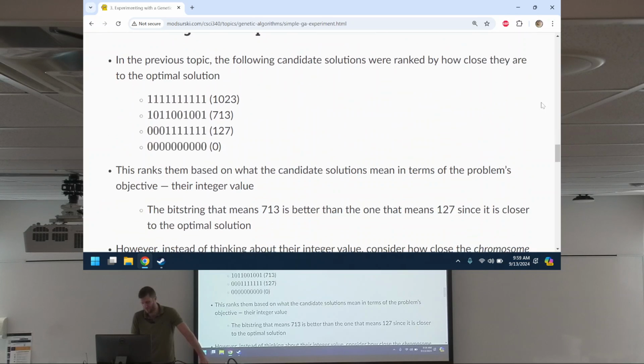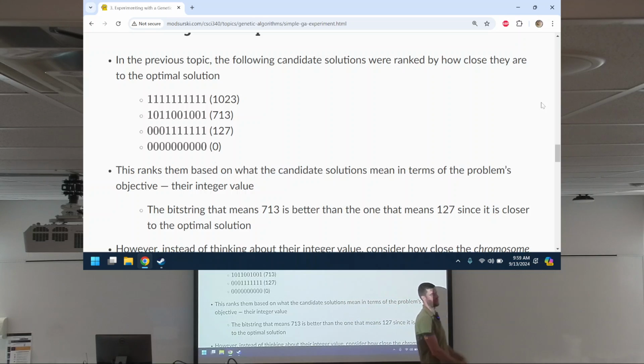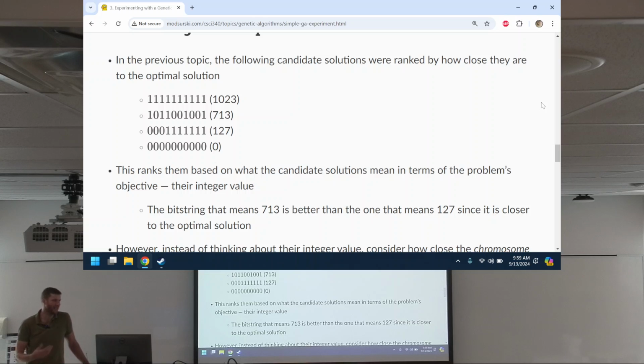So the next thing I want to talk about, which is something that you basically spoiled last time, you ruined it, is when I asked, how do we measure fitness? How do we determine what's good? And the one that we were going on was, well, what is the actual binary number, the number that it represents? But you had suggested, well, really, we know there's something about this problem that we can exploit.